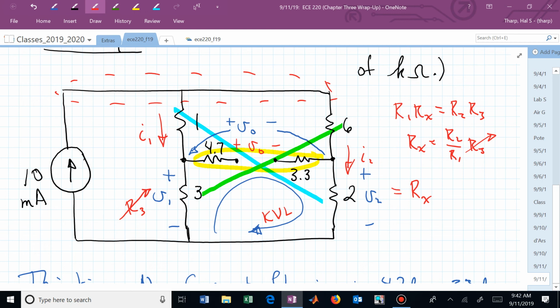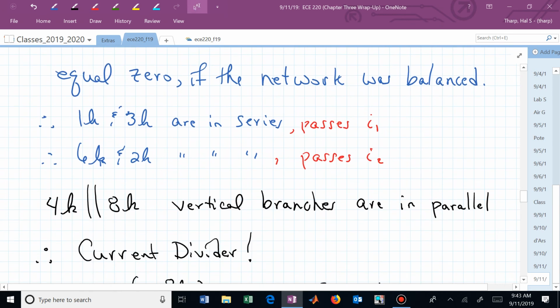And now with KVL, we found the difference between this point, which we could have labeled A, and this point B. We could say, what's the difference in voltage between node A and node B? We can put our voltmeter across those, and we could now measure whatever we just calculated, which was 40 divided by 3